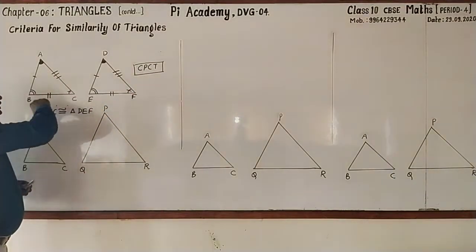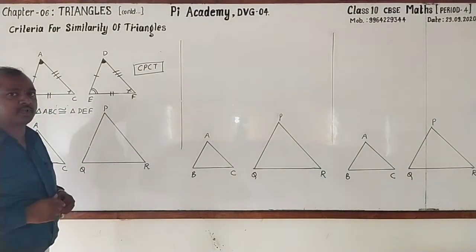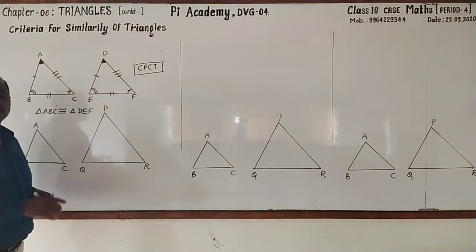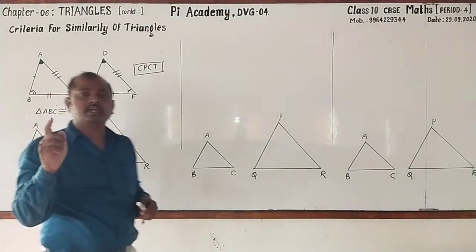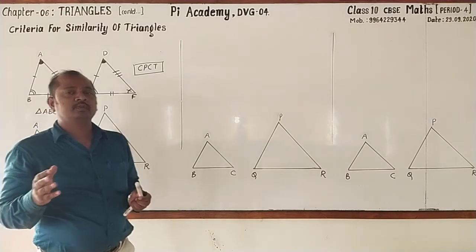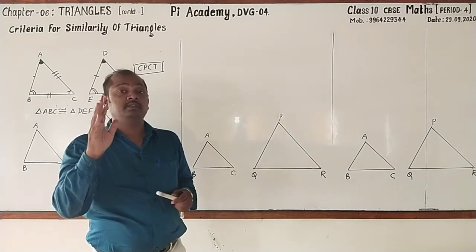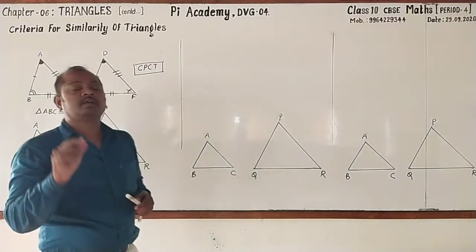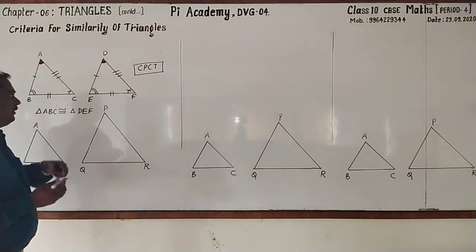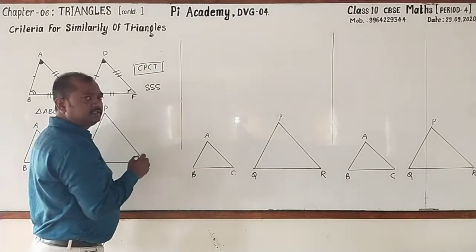Dear students, to define the congruency of triangles, we used a total of 6 pairs of elements, right? That is 6 angles and 6 sides. Is it necessary to take all the 6 pairs of elements? No. Then how many are required? Only 3 pairs of elements are required, and they are studied in the concept called criteria for congruence of triangles. Can you recall these criteria? Yes, the first one is